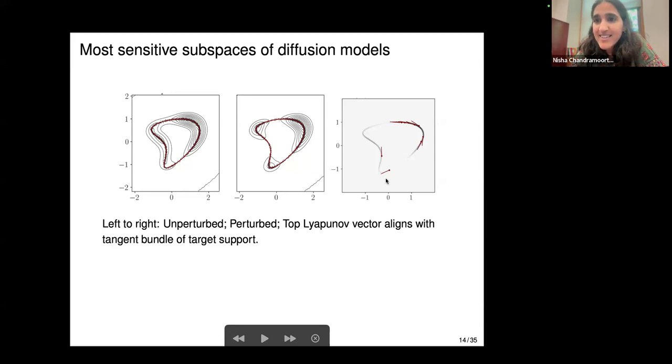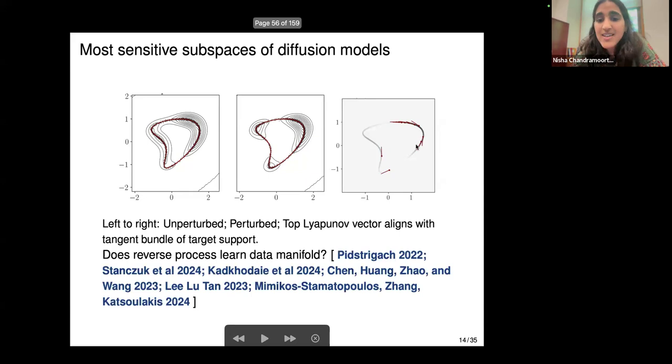And this is not just an empirical observation for this particular target. It seems to be universal whenever your support is maintained under perturbations, or there is robustness of support. We also started observing that the most sensitive subspaces seem to be aligned with the data manifold. So then we sought to understand this better, and we came across a whole range of works, all